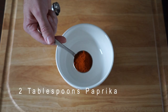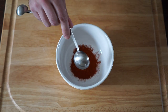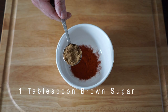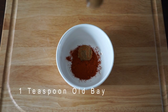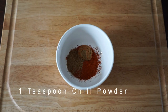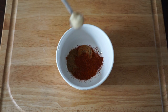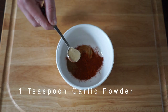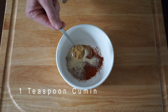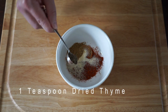Today we're going to start by making a rub, and a Memphis style rub is paprika based. So we start with 2 tablespoons of paprika, 1 tablespoon of brown sugar, 1 teaspoon of Old Bay, or you could use celery salt, 1 teaspoon of chili powder, 1 teaspoon of garlic powder, 1 teaspoon of cumin, 1 teaspoon of dried thyme,